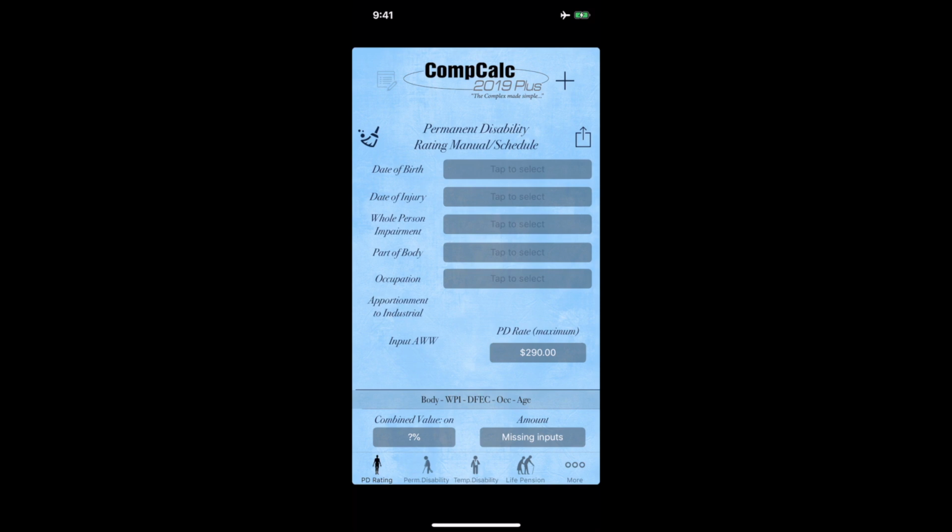Then you have all your inputs coming down the left-hand side, and to the right of each it says tap to select. You've got date of birth, then tap to select. Date of injury, tap to select. Whole person impairment, part of body, occupation, apportionment to industrial, and when you tap on that, you actually have a picker or a roller that allows you to put in the percentage, given the rating string that you're working on, of apportionment to industrial causation. Input average weekly wage and PD rate. Now it assumes max given the date of injury,